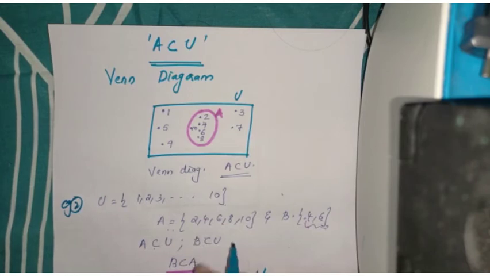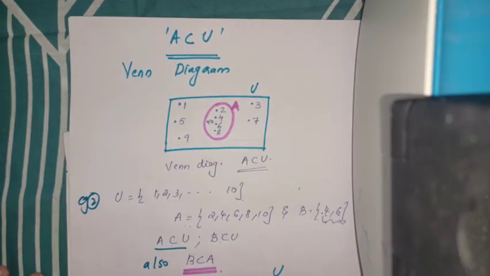So we can also say that B is also a subset of A. Now we are going to draw the Venn diagram showing the relationship between these two. So we say that we have two subsets.